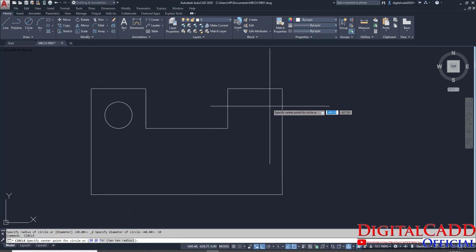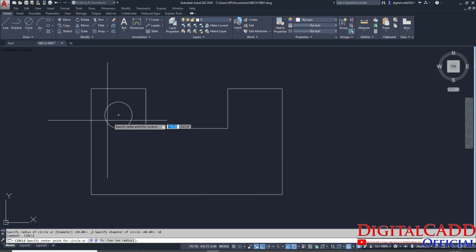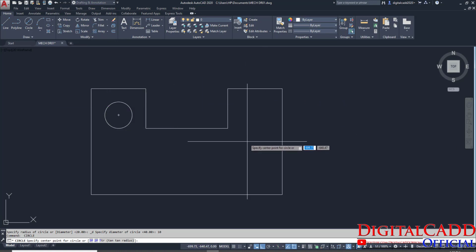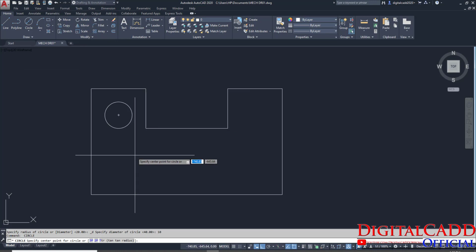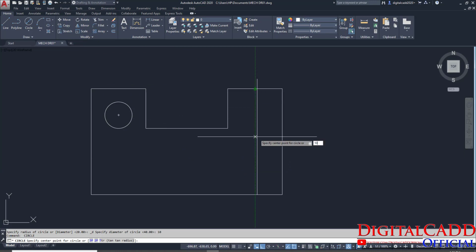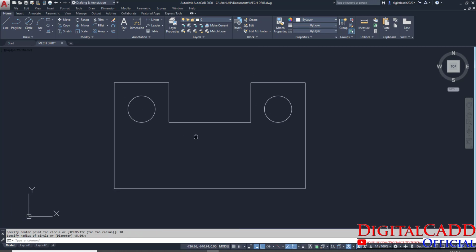Again space, the same circle command, otherwise we can mirror it, but I don't know how to use mirror for now. We never discussed the mirror tool. So later when we discuss the mirror tool, we will work with that. Just repeat the same command, type the value, that is 10 below from that midpoint, and the diameter is 10, enter. We have completed this drawing too.